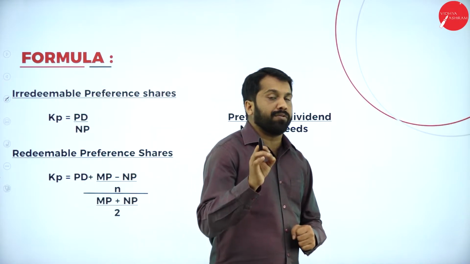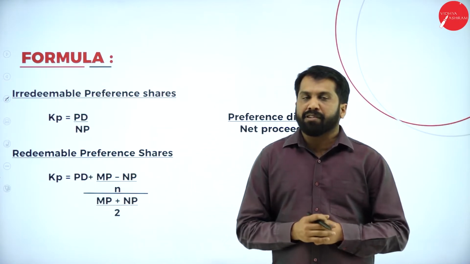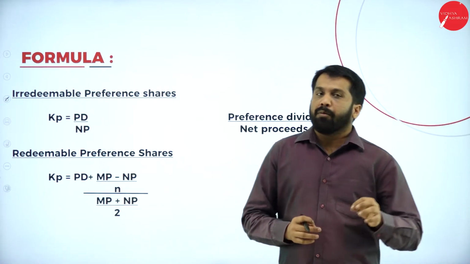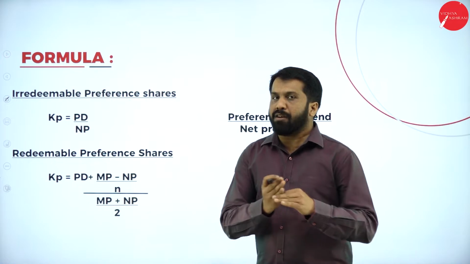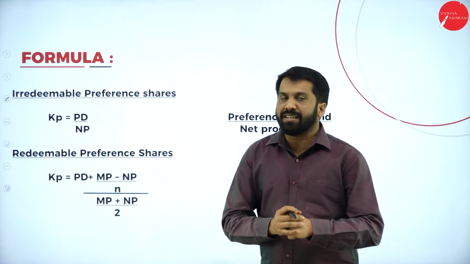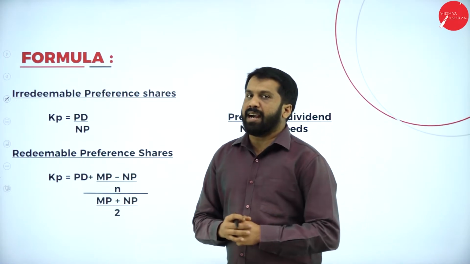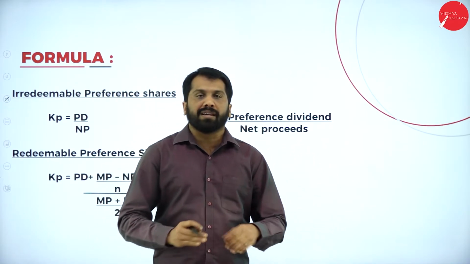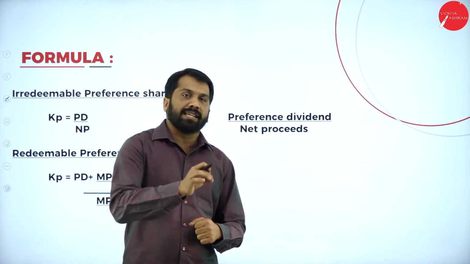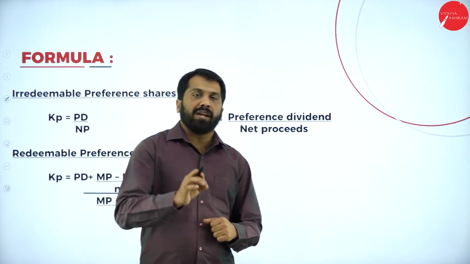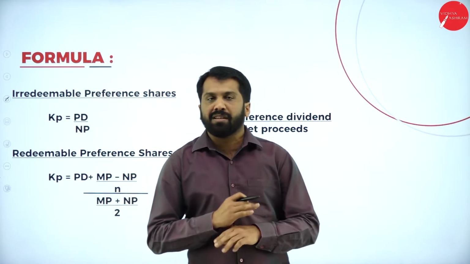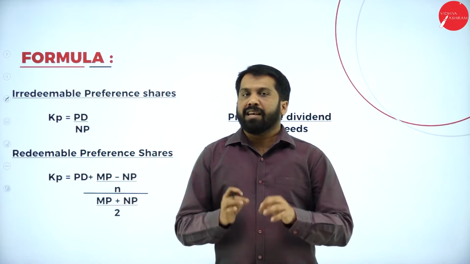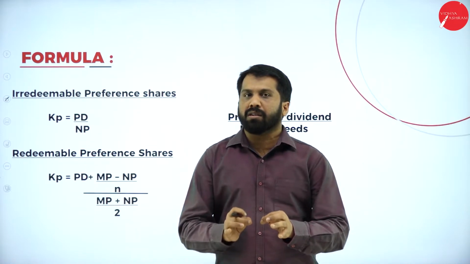Instead of interest, in preference shares we don't call it interest. We call it dividend. Wherever we have written I, instead of I we write D. D stands for dividend. For debentures we have tax, but in preference shares we will not get tax. Why? Because wherever there is interest, tax will come. Wherever there is no interest, tax will not come. Clear? No need to learn much in preference shares. It is exactly similar to your debentures.